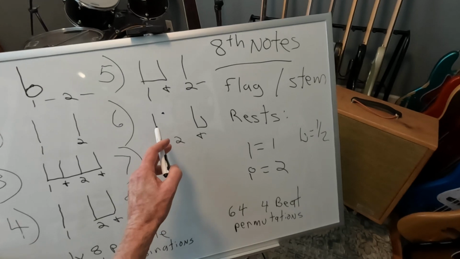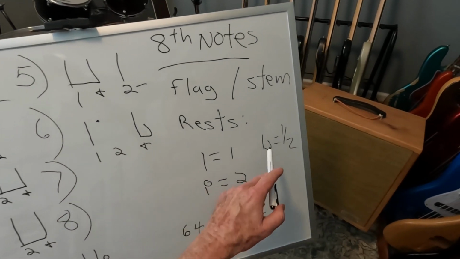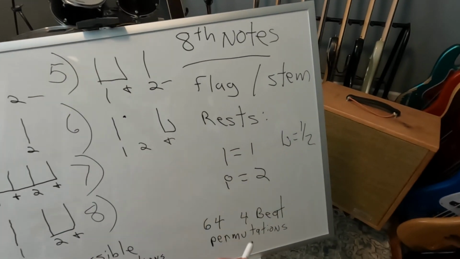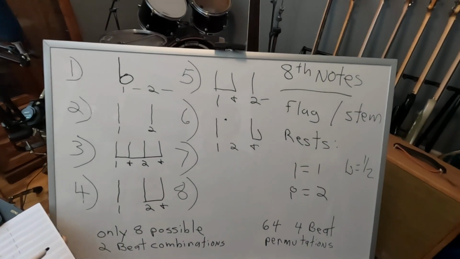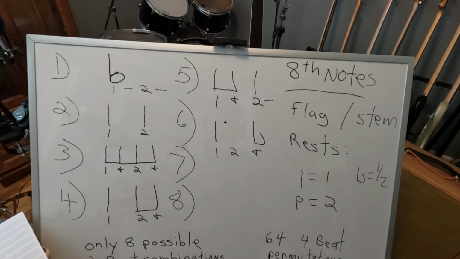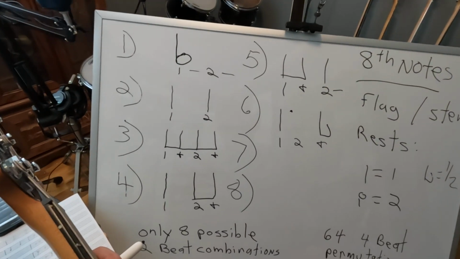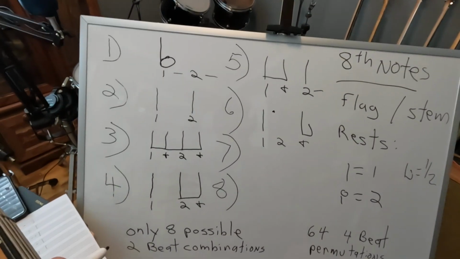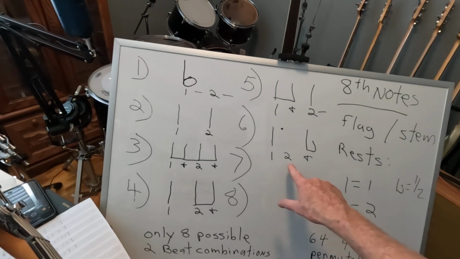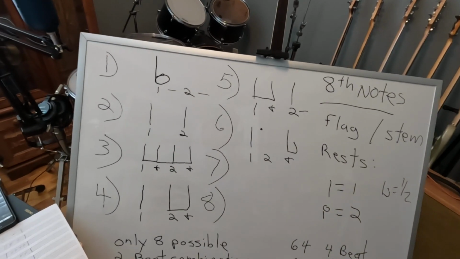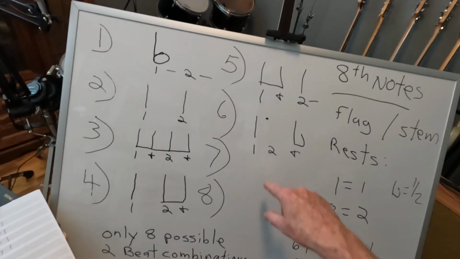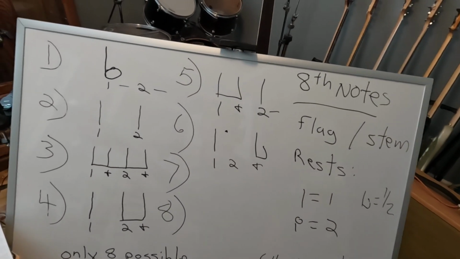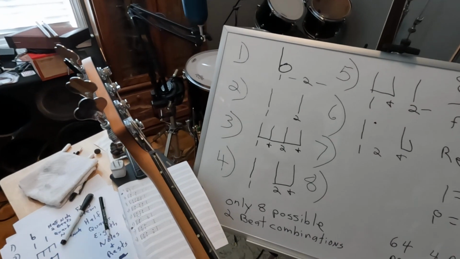A dotted quarter is going to be 1 plus a half. So a dotted quarter gets 1.5 beats. So 1 and 1 and 1, 2, 2. You sustain it through the 2. 1, 2, and 1, 2, and 1. See what I'm doing? All right, pattern number 7